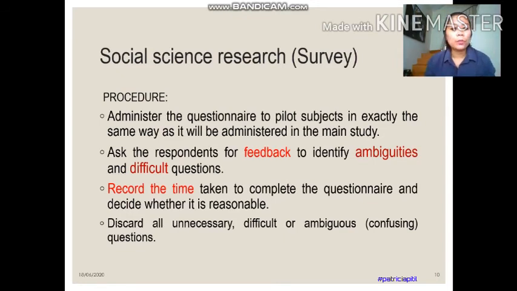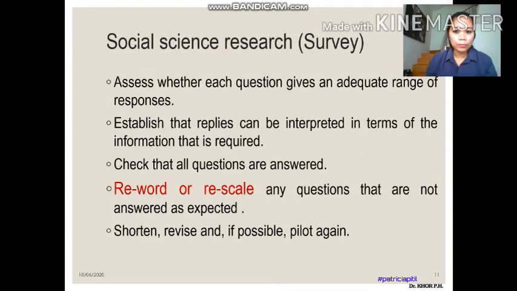Okay, so discard all unnecessary, difficult or ambiguous question. You can always do that. Ada benda yang tak faham, lebih faham ke, you can always revise it, right? So reword or rescale any question that are not answered as expected. Are the things that we see, especially in the demographic part. Shorten, revise, and possible pilot again, because the results of a valid